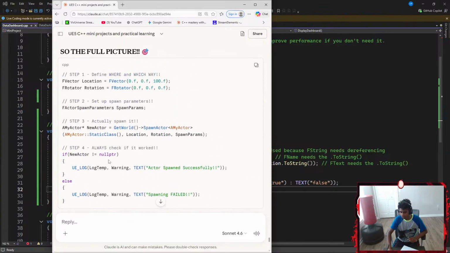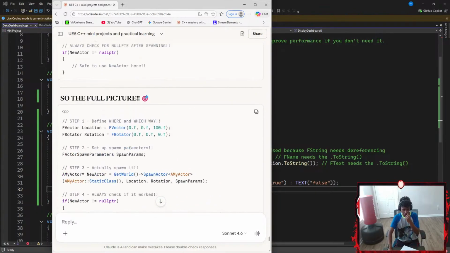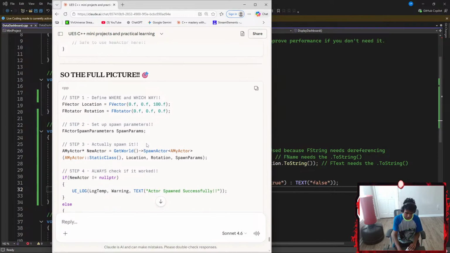Oh, I see. Okay. Now, let me just go ahead and write those notes down real quick. This is going to be very tedious. Let's go with something like maybe a new page. I know it's a waste of half a page, but I think this should be written on a new page. Spawn actor.